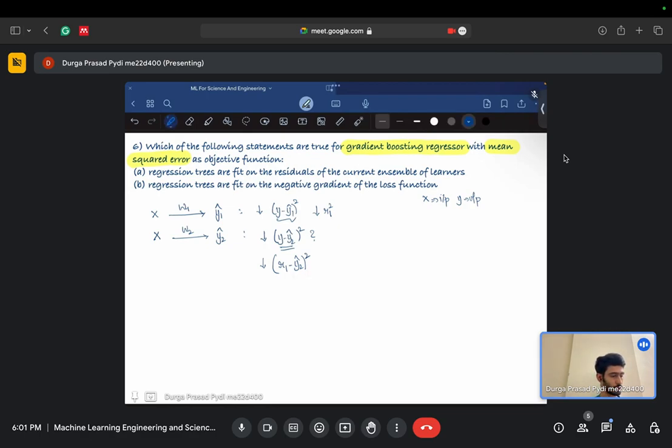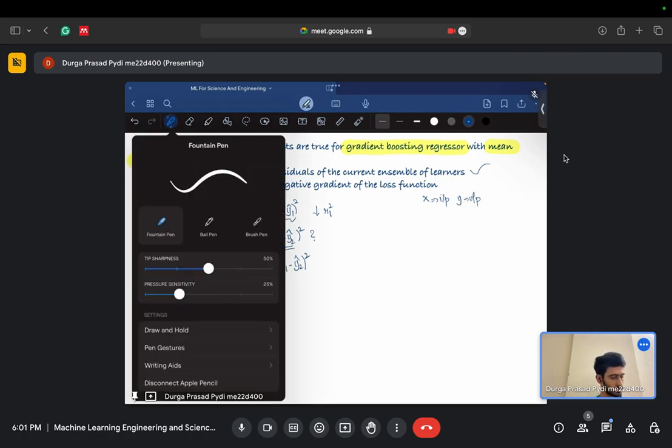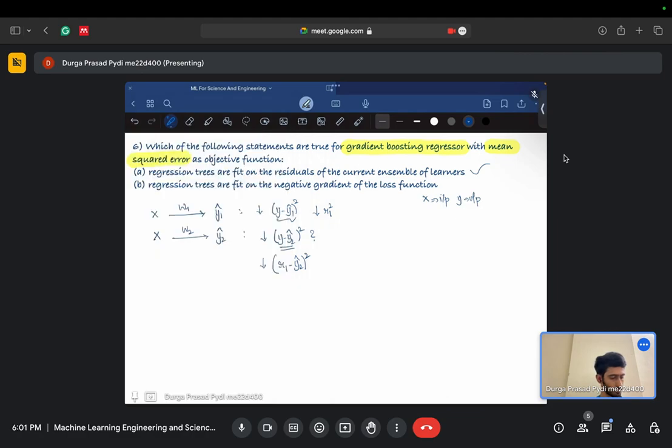So if you come back to the question, the first part says that it's fit on the residuals of the current ensemble of the learners. So that is what you were saying. So what about the second option? It is fit on the negative gradient of the loss function. What is my loss function? My loss function, say in the first case, is y minus y1 hat square. So negative gradient of this will be